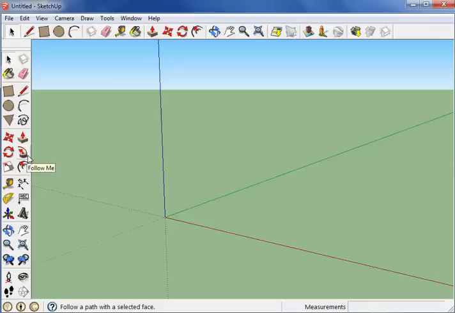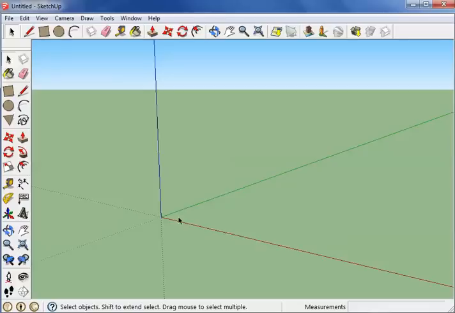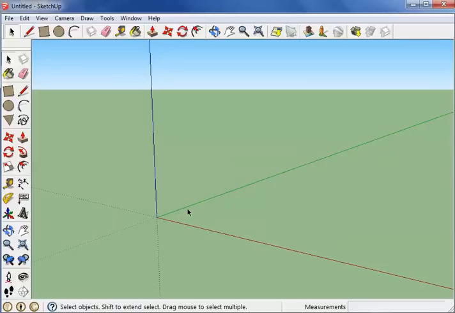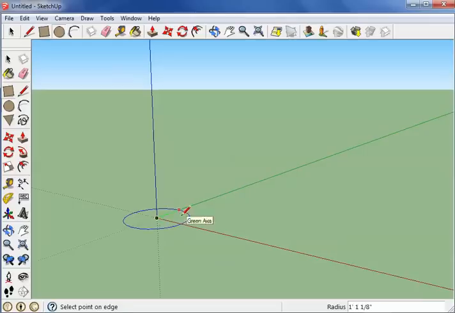All right, it's a little hard to understand at first, but once you get the hang of it, it's amazing, and you can do some wild things. Now, first thing that I want to show you is how to create a sphere. Okay, to create a sphere, you can click on the circle tool, and you click and make a circle like